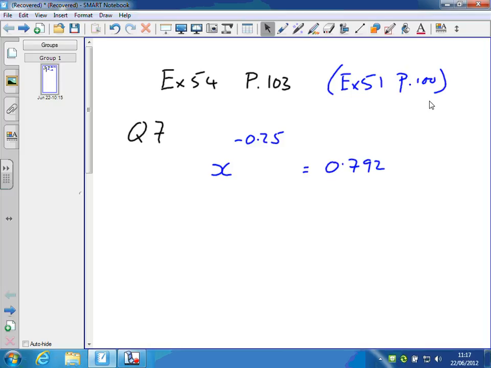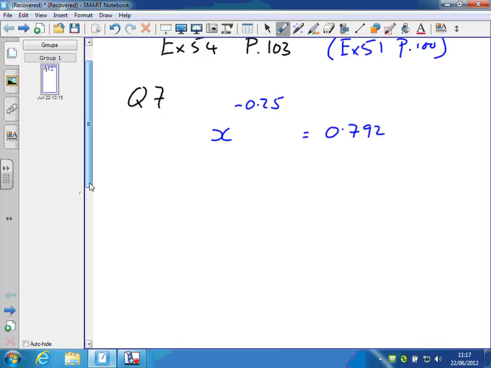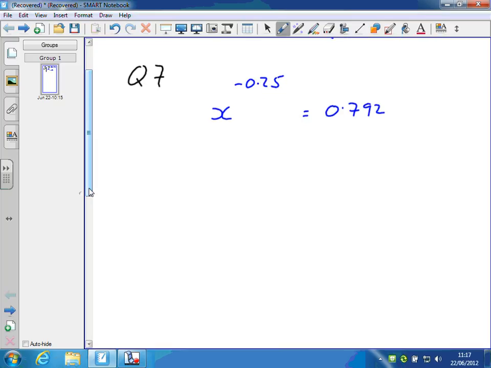So exercise 54, page 103, question number 7. This one's interesting to have a look at because of the negative power here. But the same rule applies. So taking the logarithm of both sides and bringing the power down, we get minus 0.25 logarithm x equals the logarithm of 0.792. Dividing both sides by negative 0.25, we get logarithm of x equals log